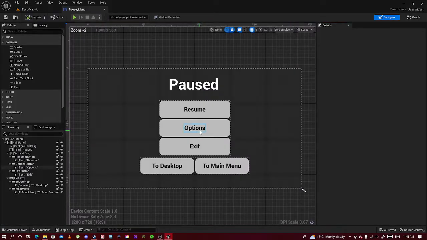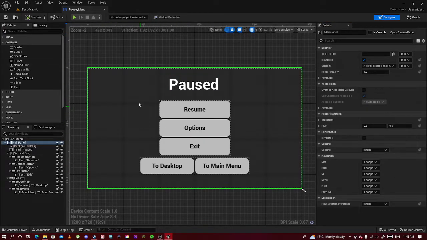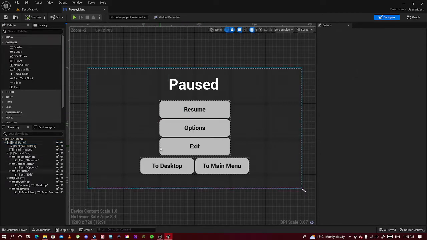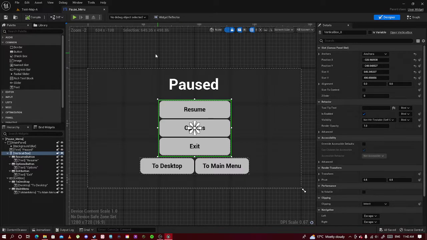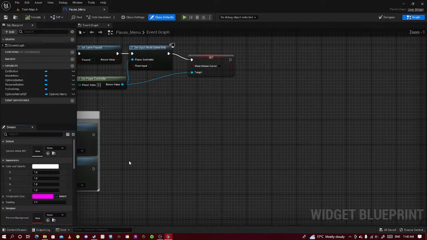So with our pause menu, it is slightly different. Of course, this section is hidden until you click exit. So I'll just quickly show you, but we have a background blur here, and we've added in our text, and we've added in our vertical boxes. So if I open up the graph,